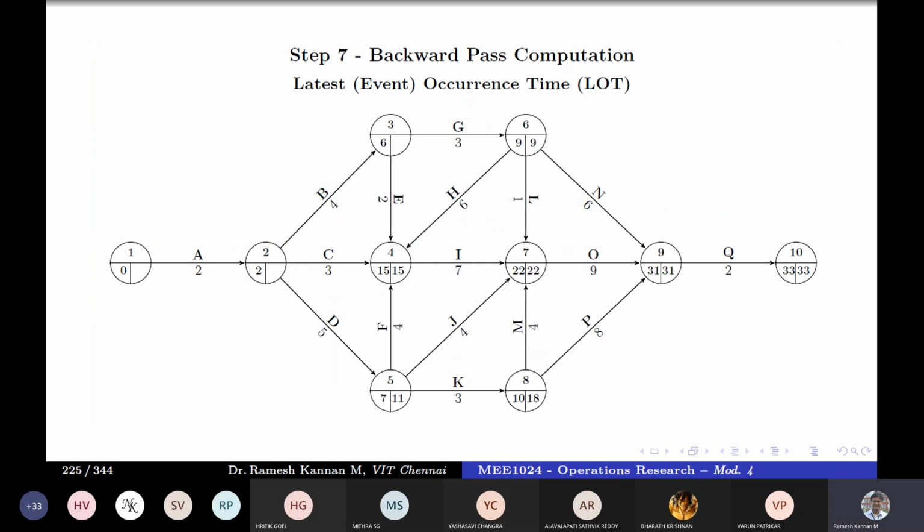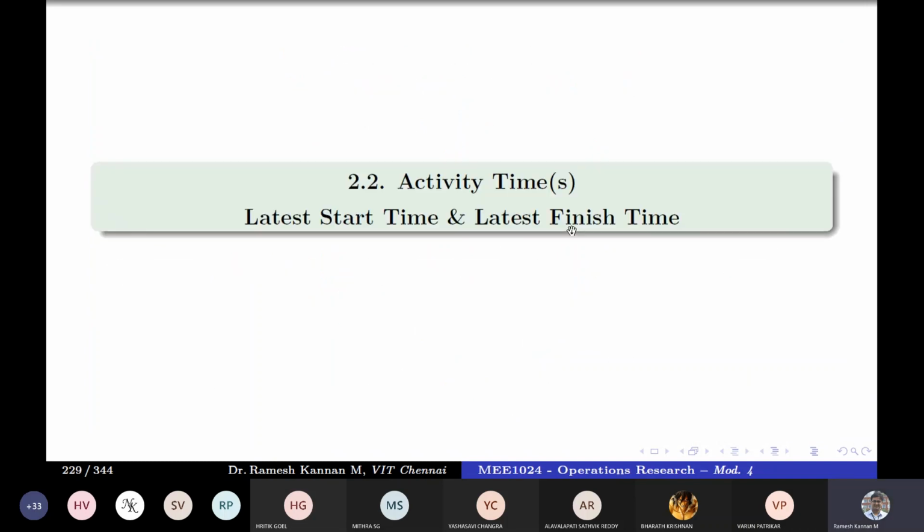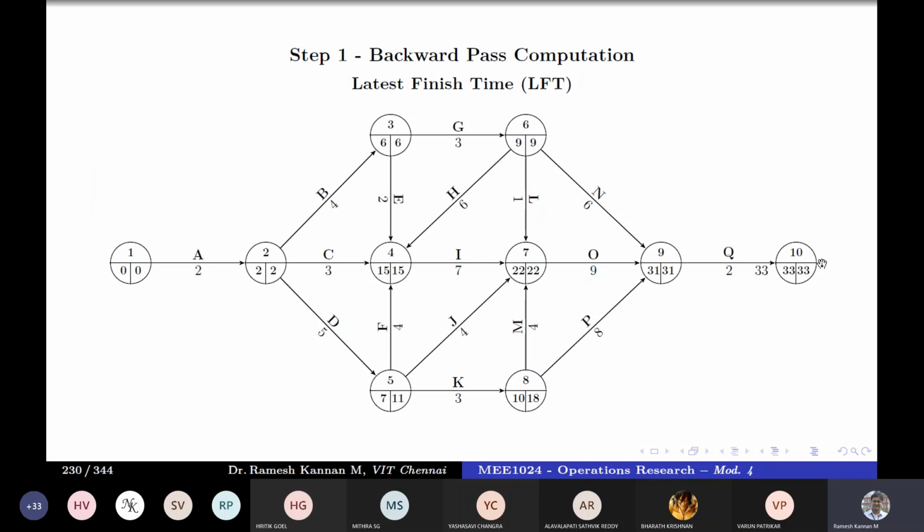Right, so this is a backward pass, with event times and this activity time. So LI or LST, it does not have LST of a succeeding activity, so it stops with LI. So we'll substitute here LI, which is 33. Then we can find LST. LST is LFT minus the duration. 33 minus 2 is 31, right?